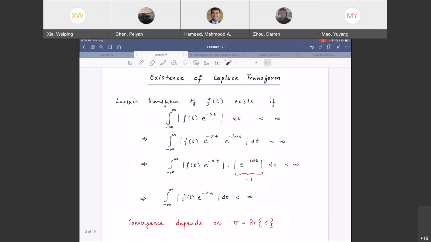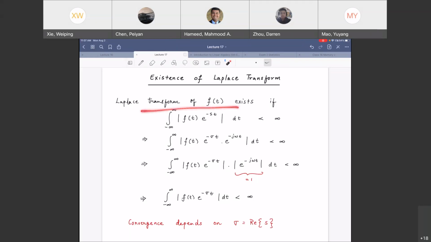Next, existence of the Laplace transform. Actually, when we were looking at the motivation of the Laplace transform, we talked about this. This is a more formal look at the same thing. When does the Laplace transform exist? In other words, why are we talking about ROC only in terms of the real part of s, only in terms of sigma? This is the proof for that.